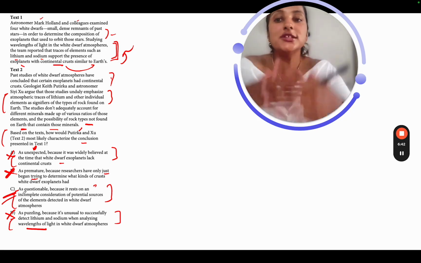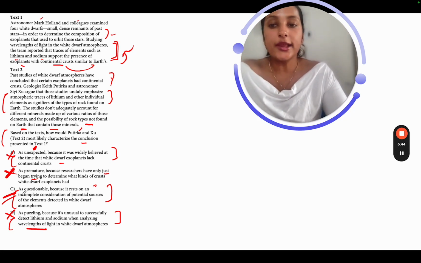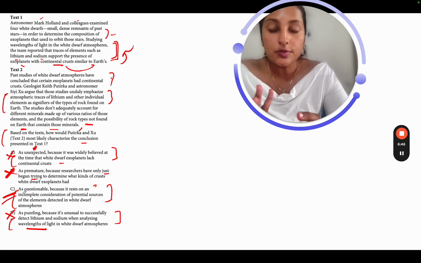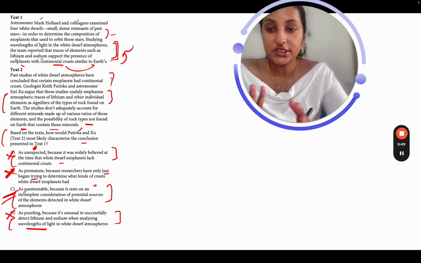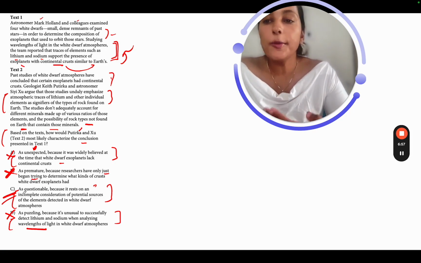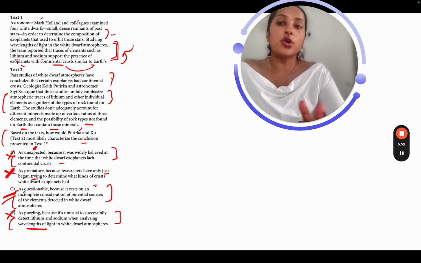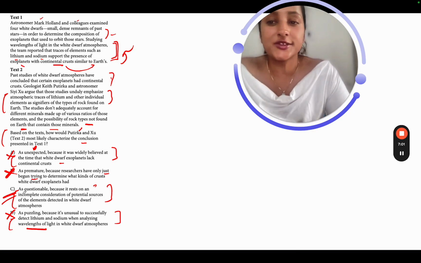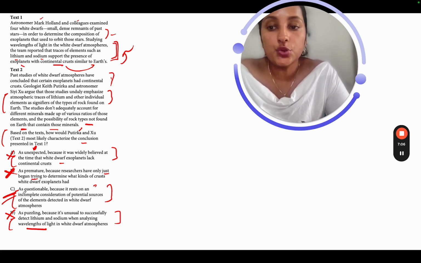Now when you read this entire text, you might have felt like, oh my god, there are so many scientific terms, it looks a little difficult. But did you notice how easily we could eliminate our options, and that the options were placed in a very simple manner? So don't get all panicky seeing a science text or scientific experiment related text, because there's a possibility that you will be able to eliminate your options in a very easy manner.